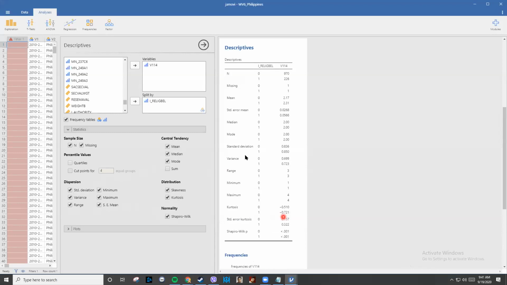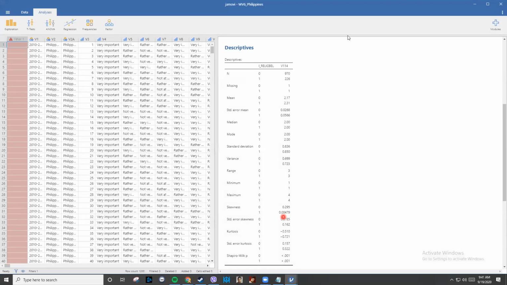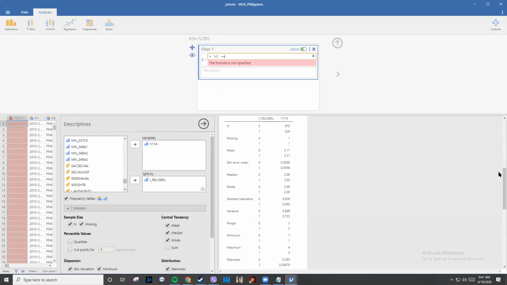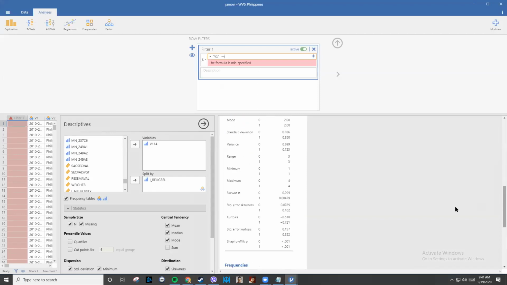You can check all of these, but if you don't remember what they mean, wala din. So if we're looking at this now, we'll see that reg label divided by split by V114 is skewed to the left.